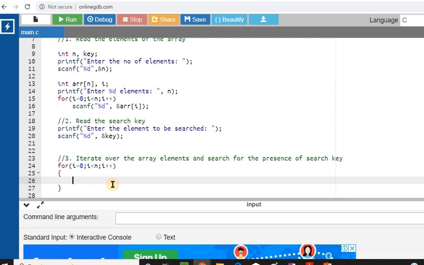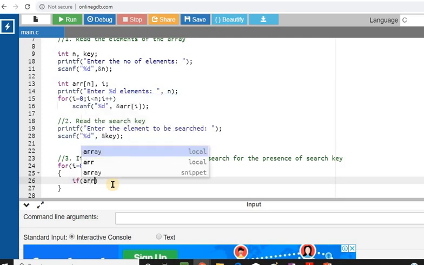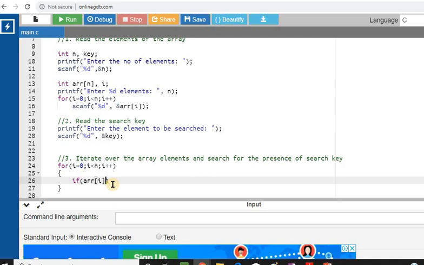and then inside the for loop I am going to check for each element of the array. Remember, in each iteration of the loop, array of i represents the different elements of the array. Initially the value of array of i will be the first element, then it will be the second element, and so on.